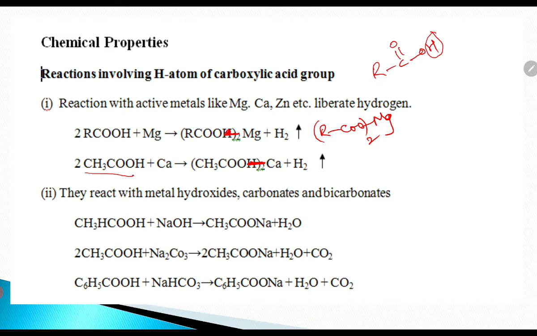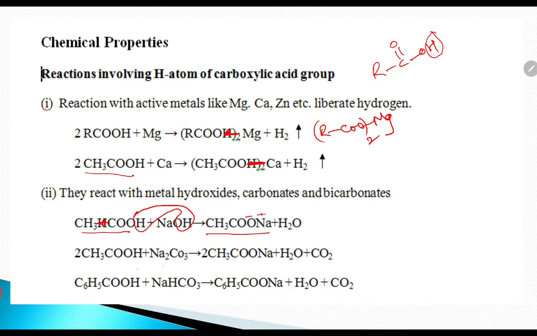And the next reaction is when the carboxylic acids react with metal hydroxides or carbonates or bicarbonates, again metal carboxylates are obtained with the elimination of water, and if they react with carbonates and bicarbonates, CO2 is also liberated. Let us see some examples. CH3COOH, when reacted with sodium hydroxide, an H2O molecule is lost and sodium acetate is obtained,